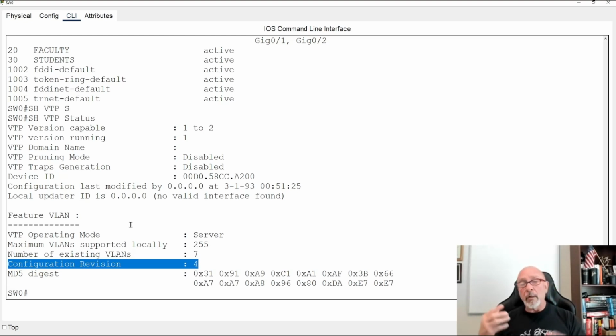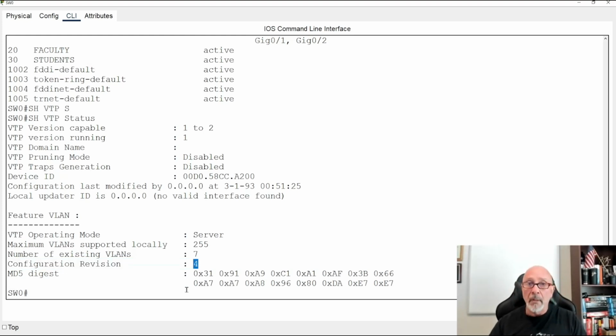And you're going to wipe out every other switch, because server switches send and receive VLAN database information. If you're a client, you send and receive as well. But it's all based on this revision number. So this is where the scary part is. You have to be very careful. Now, the domain name we're going to create has nothing to do with DNS. It's just for security reasons. I can call that Tarzan, which I will. And it's not enough, because once we trunk the ports, things will trickle down anyway.